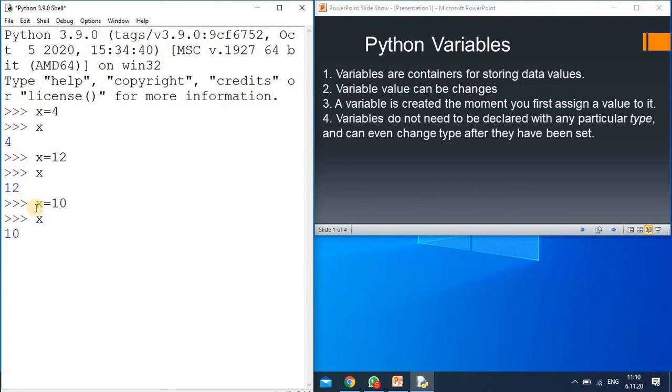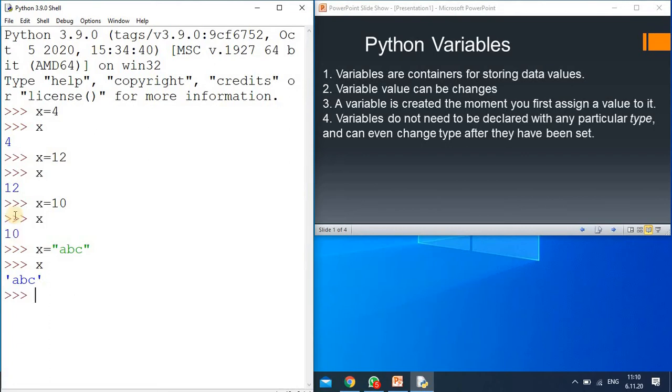Now I am printing the value of x, and x is 10. But our statement is that a variable need not be declared with a particular type and it can change to another type. Suppose I write x equals the string value abc. Now to get the output of x, after pressing the enter key, you see the output is the string value abc.